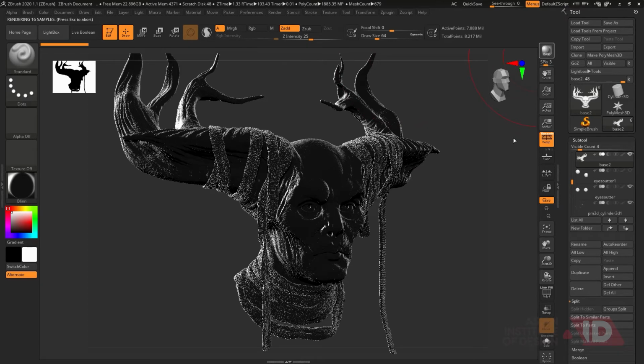So what I can do is simply render it out once again. It's going to take a little bit more time, because right now we have two lights in the scene, so it will take a couple of minutes.